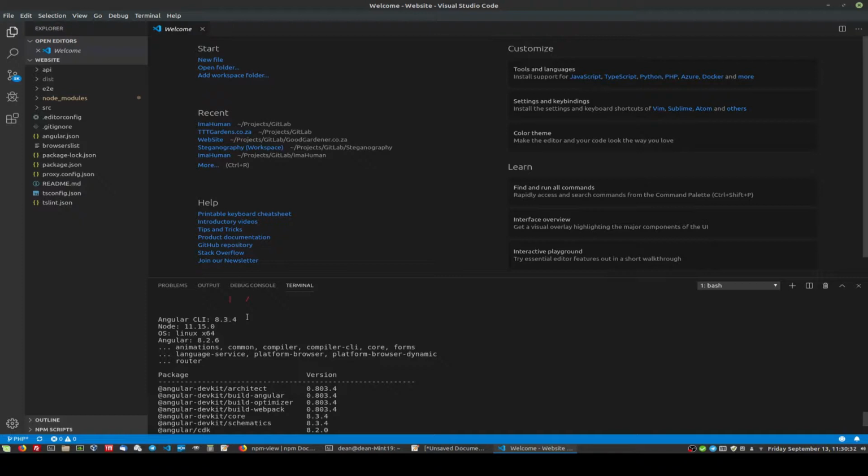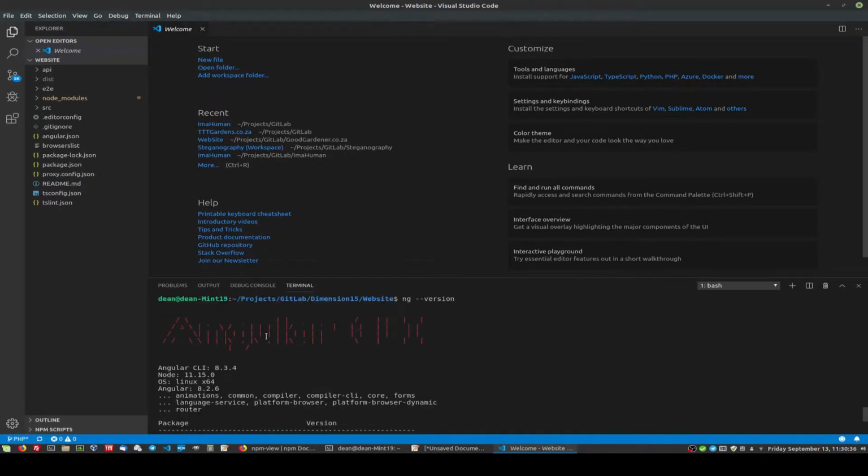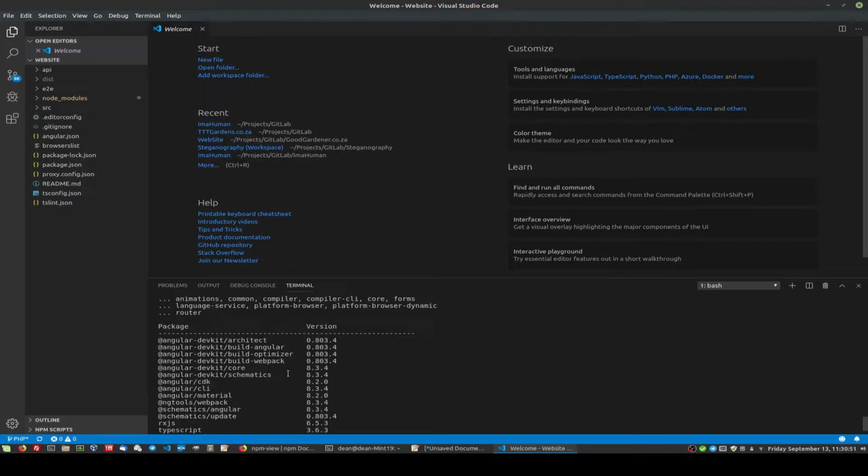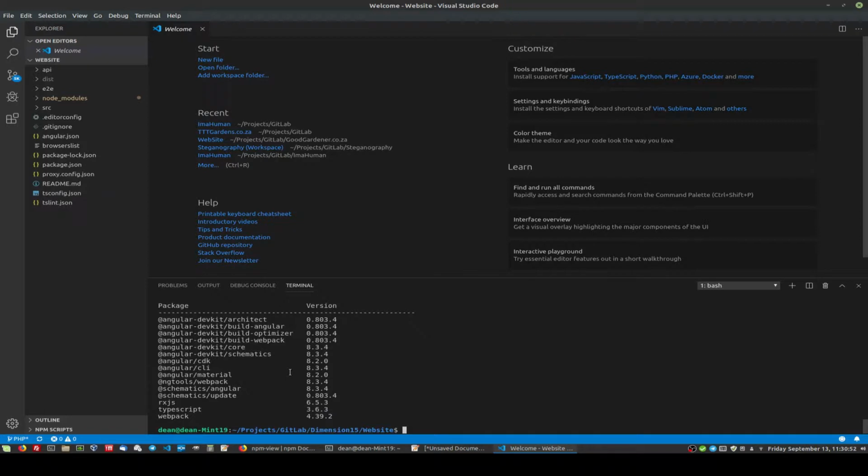Now remember, just now when I ran this, it told us that we've got Angular 8.3.4, but the local version, the one in this project, is 7 point something. So yes, we've successfully done the upgrade from 7 to 8 now. But what we have to do next is do a build. Oh, sorry. Before we do a build,